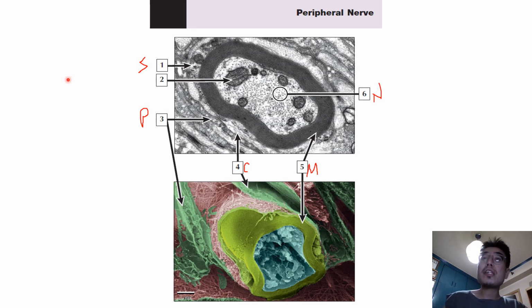The central nervous system is comprised of the brain and the spinal cord, and the rest of the nerves projecting from these are called the peripheral nervous system. Internodal regions of myelinated nerves in the PNS, or the peripheral nervous system, are surrounded by concentric layers of Schwann cell plasma membrane that wrap around the peripheral nerve during development. Myelin is a lipoprotein. Myelin here is actually shown as number 5.